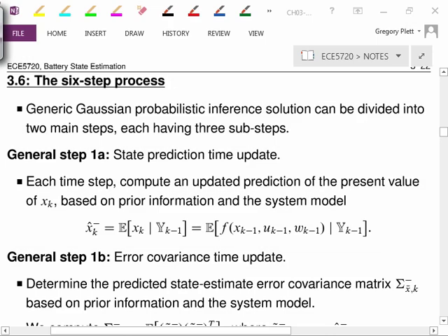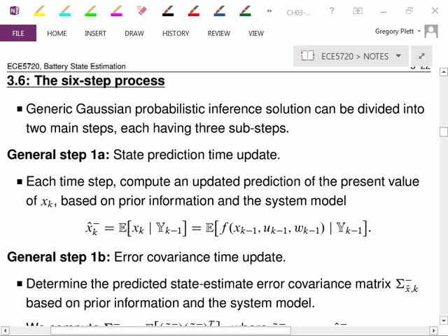In the previous section, we derived the generic Gaussian probabilistic inference solution, and that was probably fairly intense, and I went through it relatively quickly. What we're going to do now is take that solution and break it up into smaller pieces,